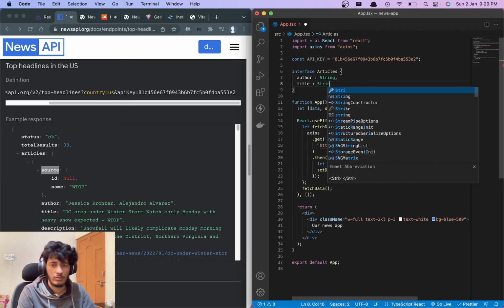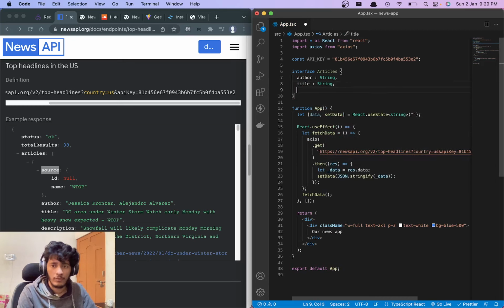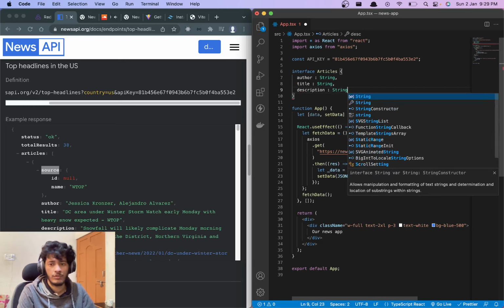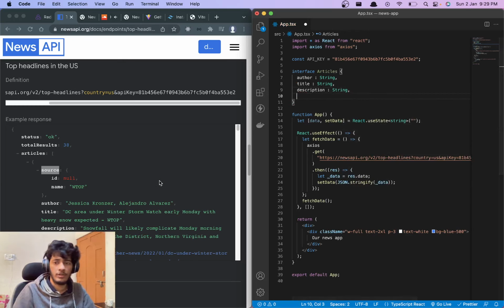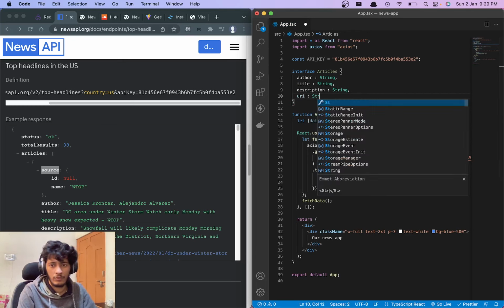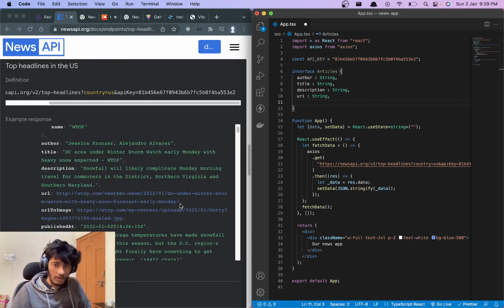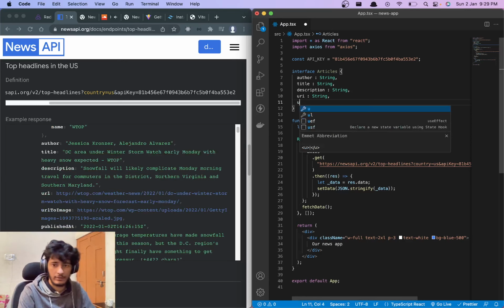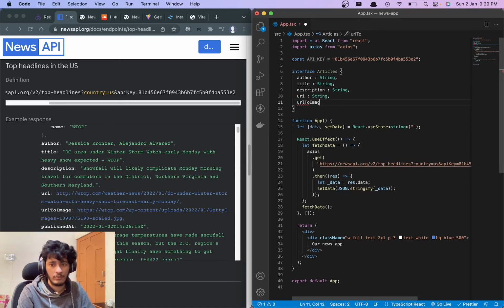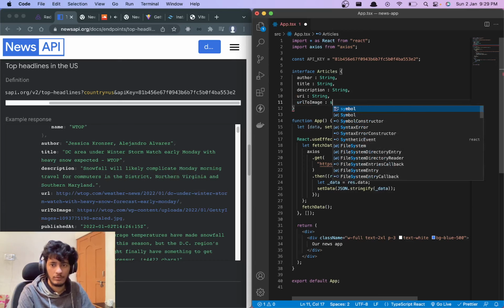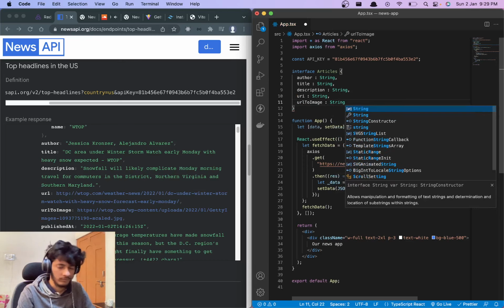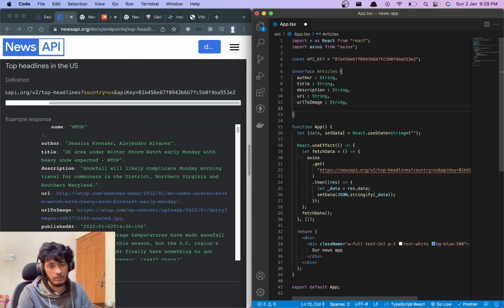So the title is also a string now. Then description, which is also a string right now. Then we need a URI, which is also a string. The next thing, URL to image, of course we need that. Next thing we need is publish date.